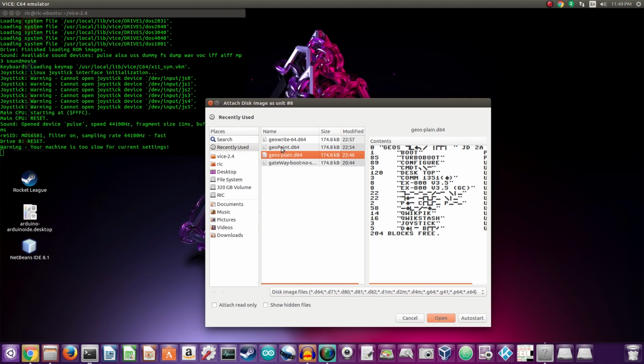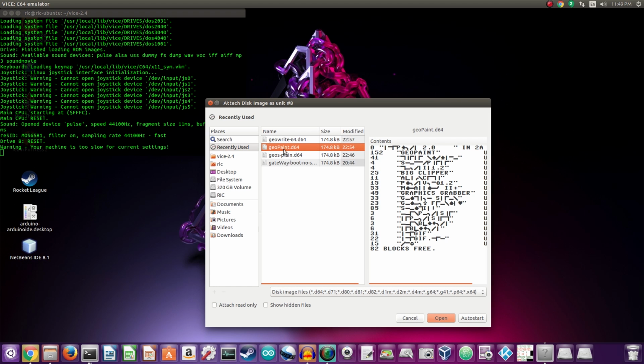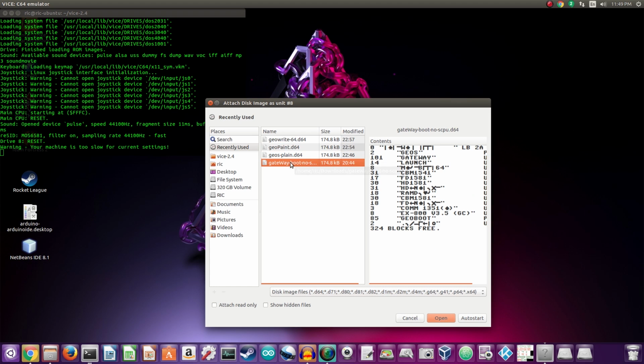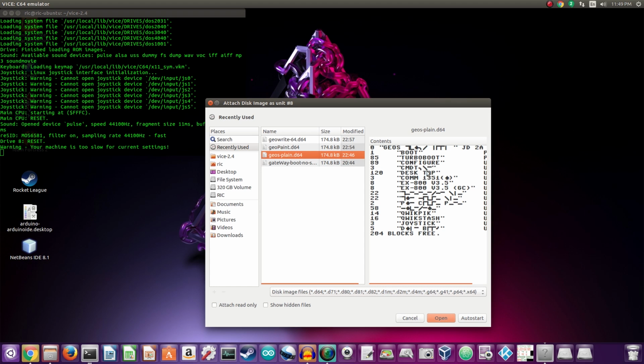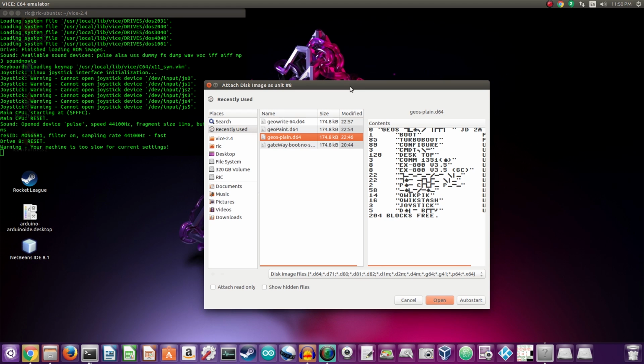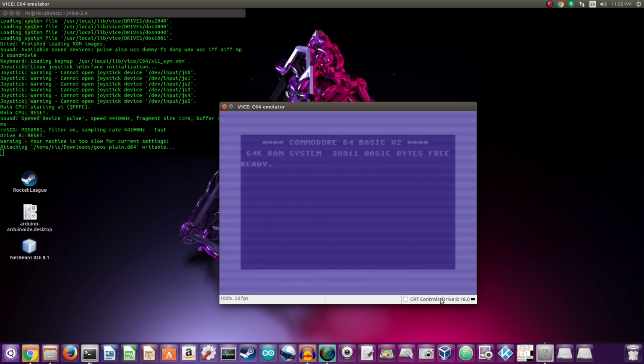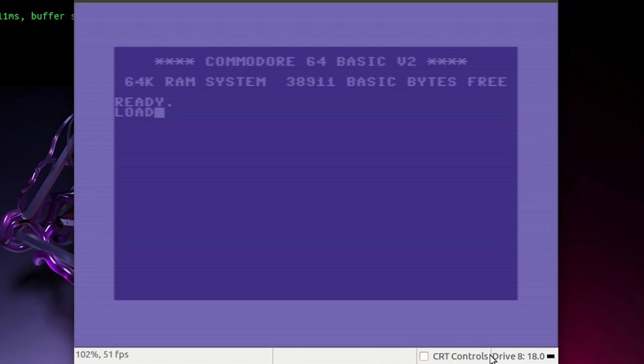So these are the three files that I'm going to use. GeoPaint is one of the applications, and geoWrite is another application, and this is our boot file. So I'm going to boot the operating system and then crop the screen to fit the emulator, because I get the emulator to go full screen. So first of all, I'm inserting the GEOS plain disk, then simply load the disk,